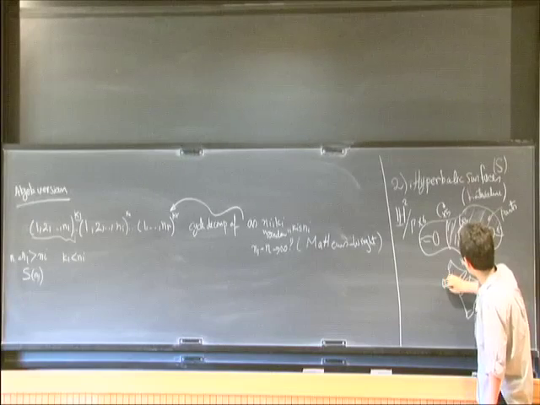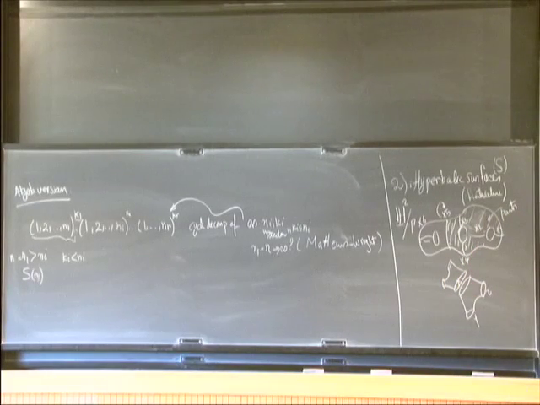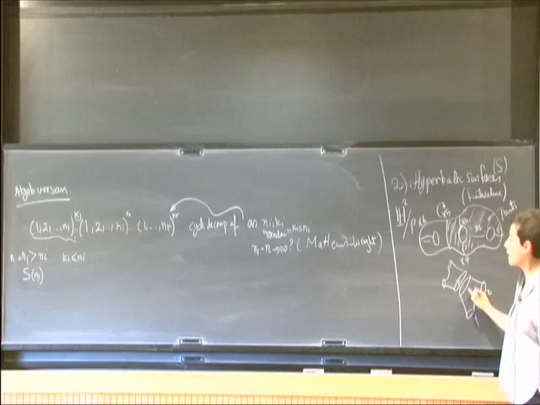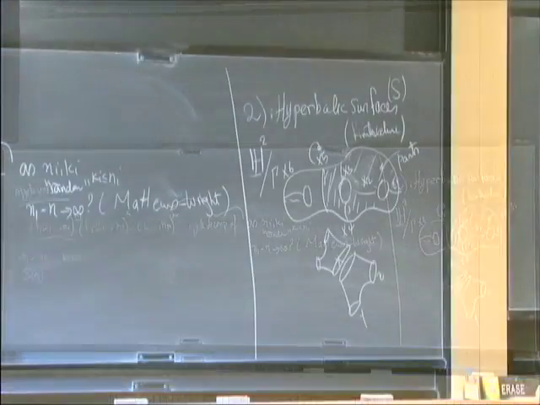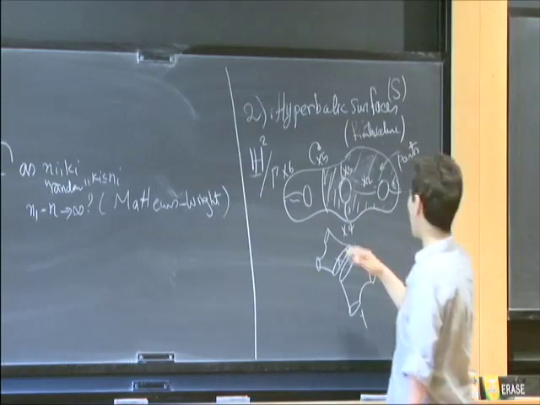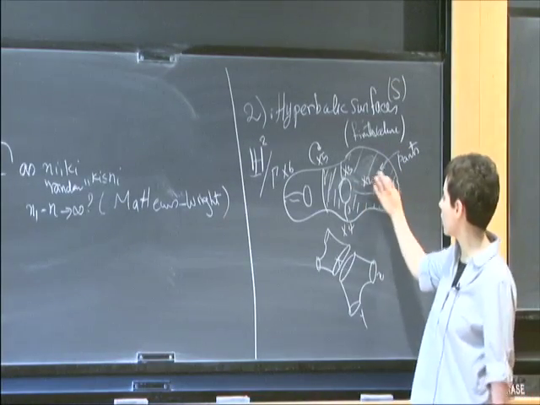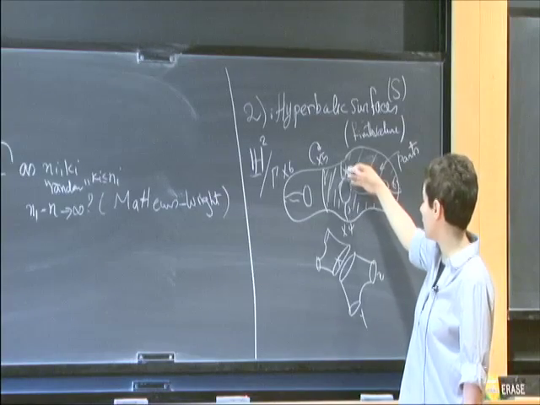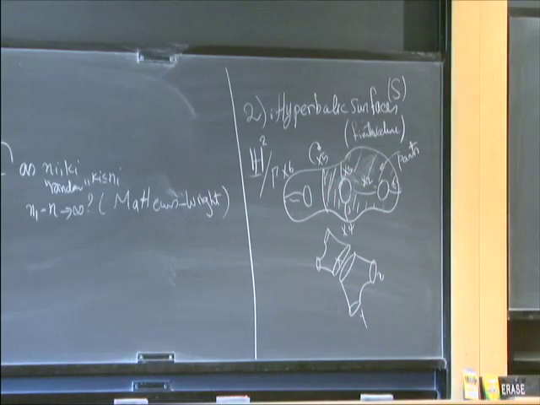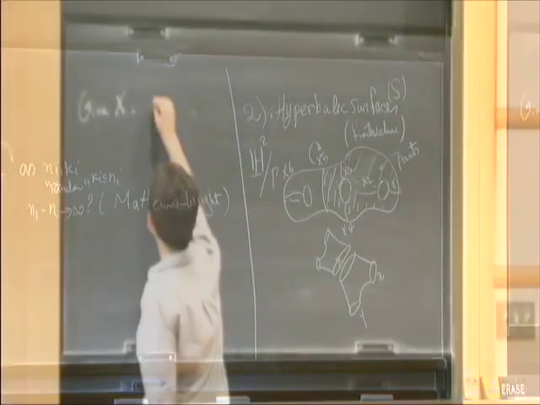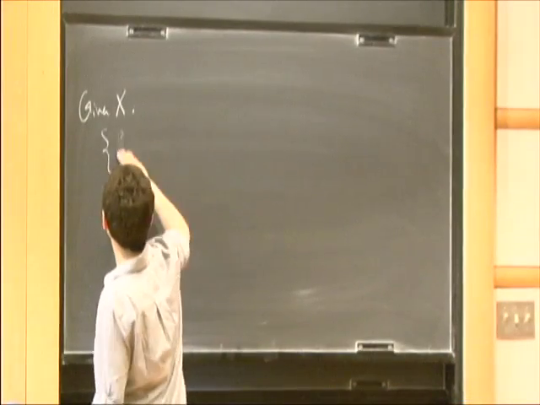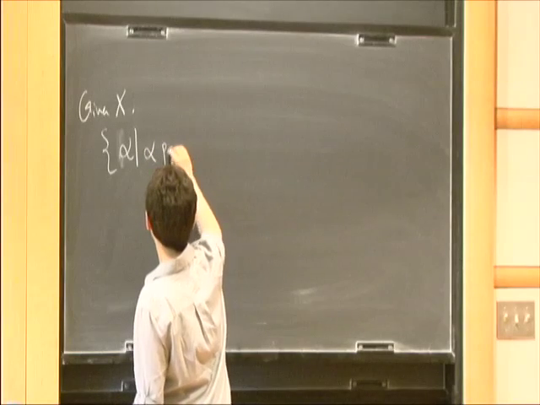So if you give me the data of the lengths of the curves and tell me how to glue them back, you can construct very easily a lot of hyperbolic surfaces. In fact, you can construct all of the marked ones, given a combinatorial type of the pants decomposition, the lengths, and the way you glue the boundary components. But you can ask the question the other way: given X, where alpha is a pants decomposition on X,